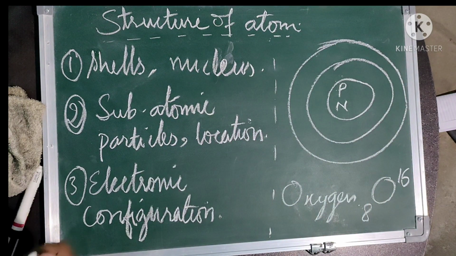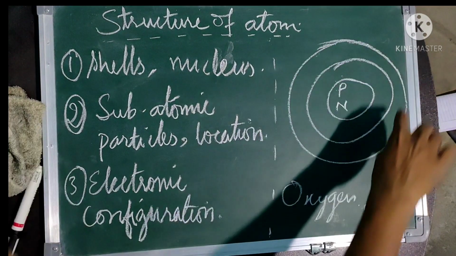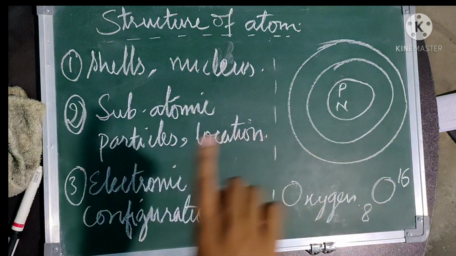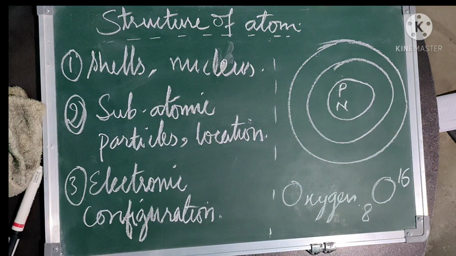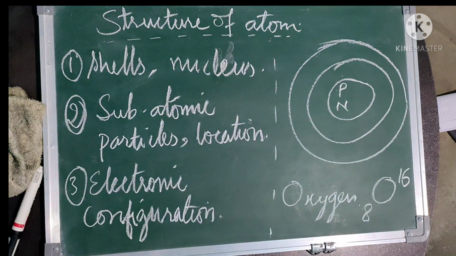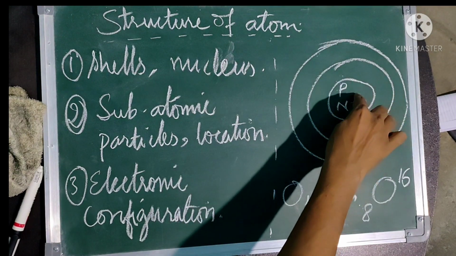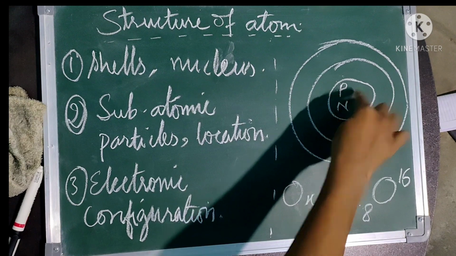So there are shells within the atom in which the electrons revolve around the nucleus, and the nucleus contains the protons and the neutrons. The subatomic particles such as protons and neutrons reside in the nucleus, and